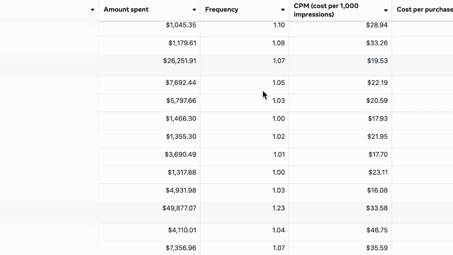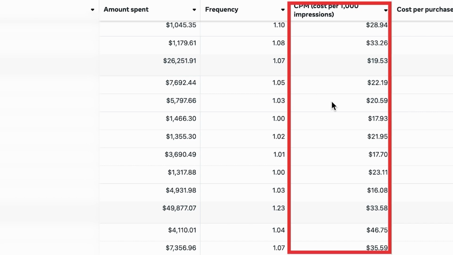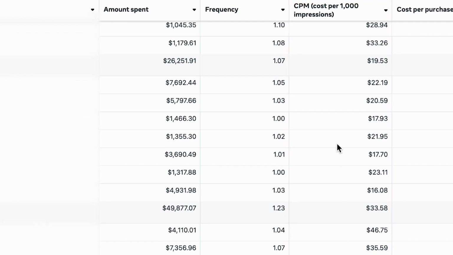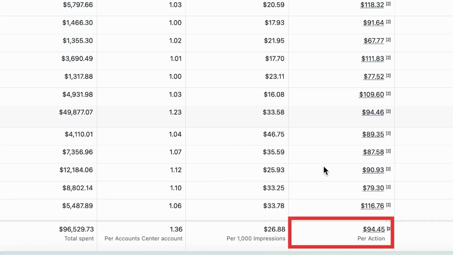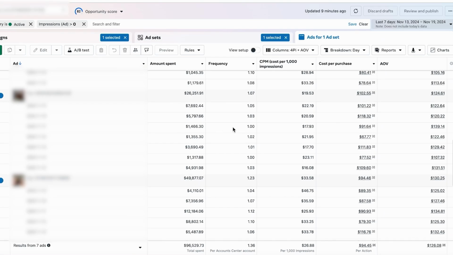And what happens when we have a top of funnel ad? We expect the CPM to be below cost, right? 1953, 26. This is a prospecting ad. Now, when we have a low frequency and a low CPM, we expect a low efficiency. So the cost per purchase at a 102 is lower in the efficiency than the 94, meaning the cost per purchase is higher, right? So we expect this ad that earns a lot of budget, that sits higher in the funnel, to not be as good at getting the sale,